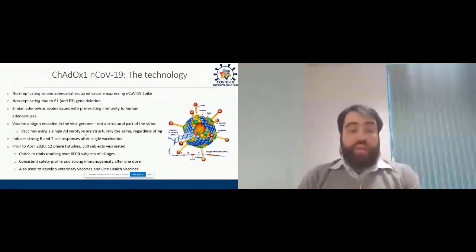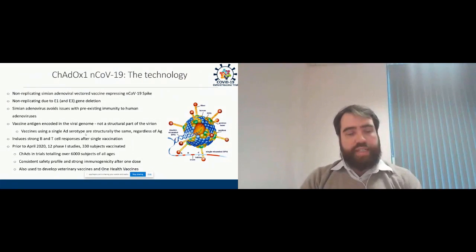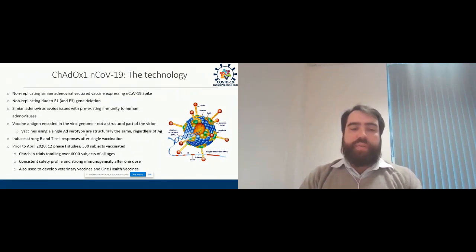Good. So essentially, the Oxford vaccine is called ChAdOx1 nCoV-19, and our vaccine is based on a non-replicating chimpanzee adenoviral vector vaccine, which expresses the full length of the spike protein of the SARS-CoV-2 virus. The vector is non-replicating because we deleted the E1 region of the gene for the adenoviruses, with an additional deletion of the E3, which gives us an opportunity to increase the amount of antigen that can be inserted into the vector. One of the biggest advantages of using chimpanzee adenoviruses is that it avoids